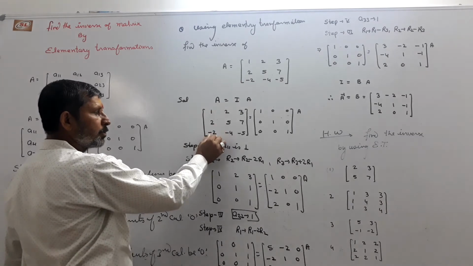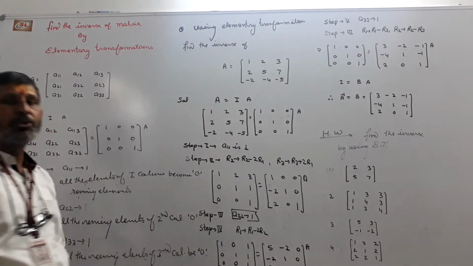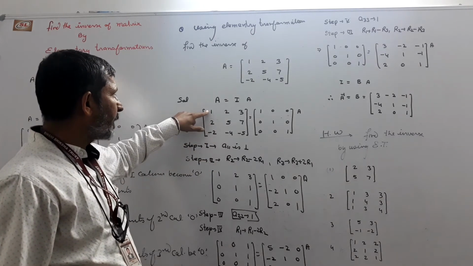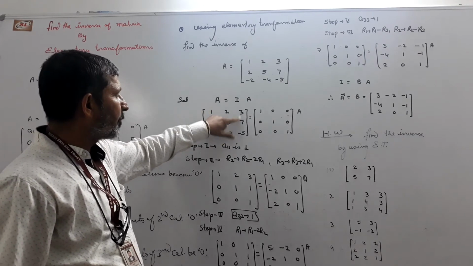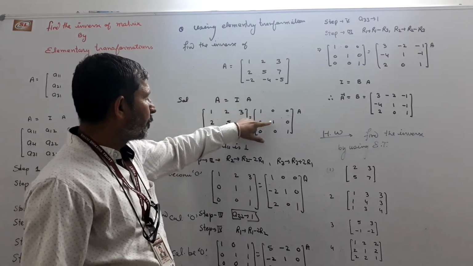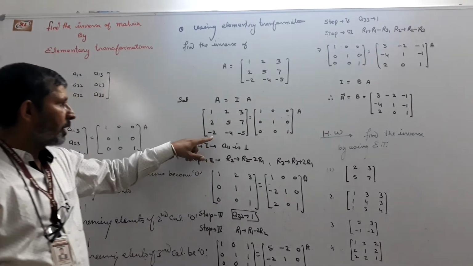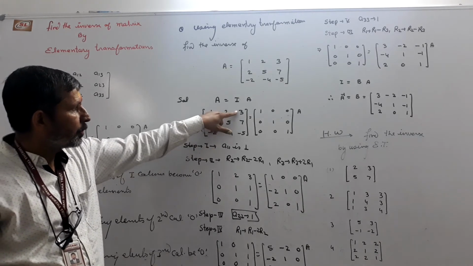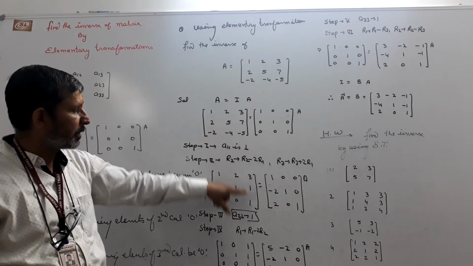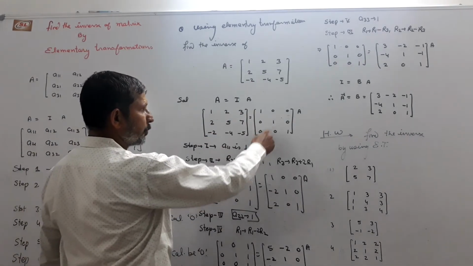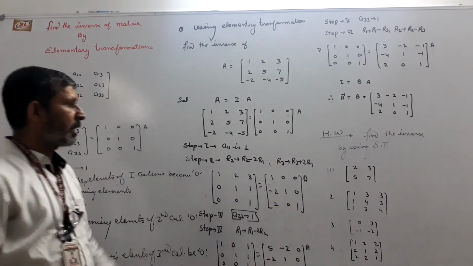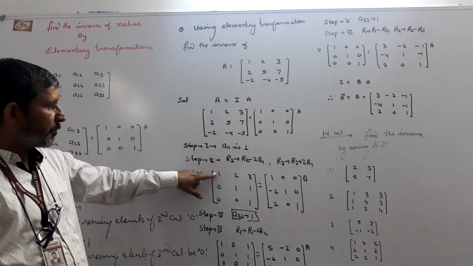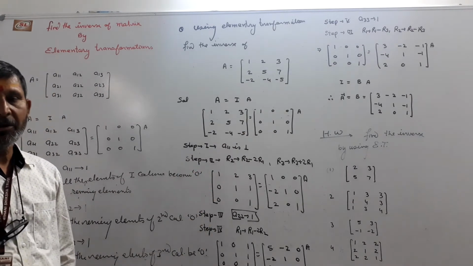Multiplying this by 2 and adding gives 0, meaning we have to convert the remaining elements of the first column to 0. Then first, R2 minus twice R1: 5 minus 4, 7 minus 6, 0 minus 2, 1 as it is. For the third row, R3 plus twice R1: 0, twice 0, 6 minus 5, 1. In the same way, add 2, 0 and 1. You get this 1, and the remaining elements of the first column become 0.